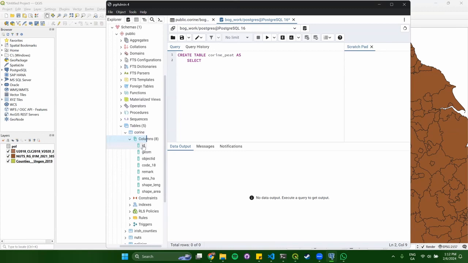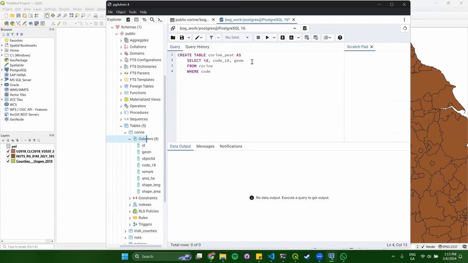We want the ID, we want the geometry, and we want the code 18. So we'll say select ID, code 18, and geom from Corrine, the Corrine table, where